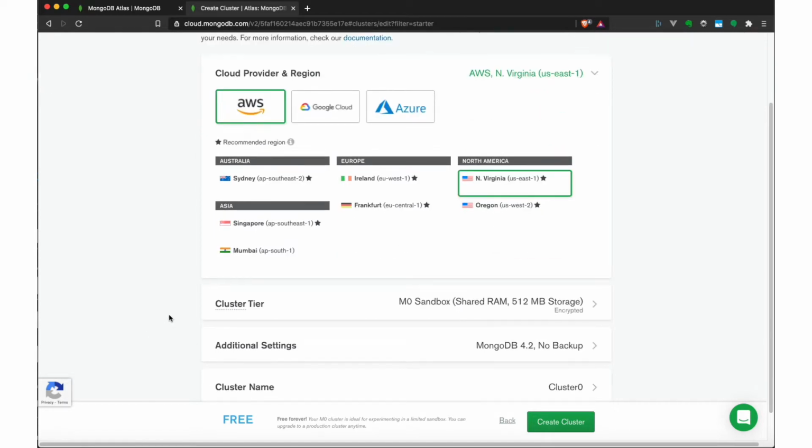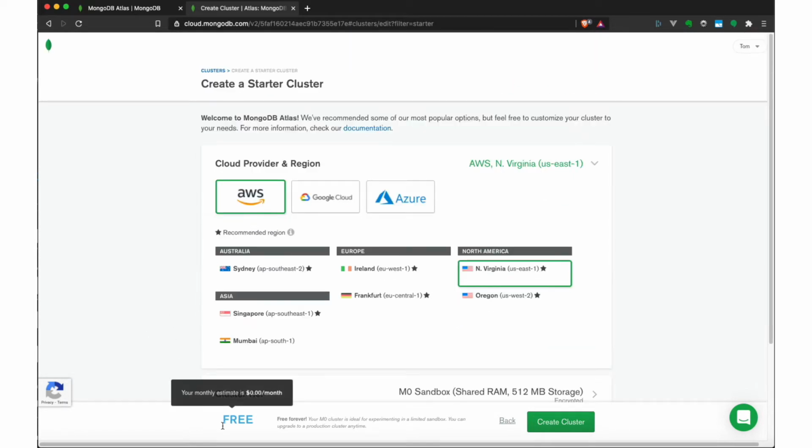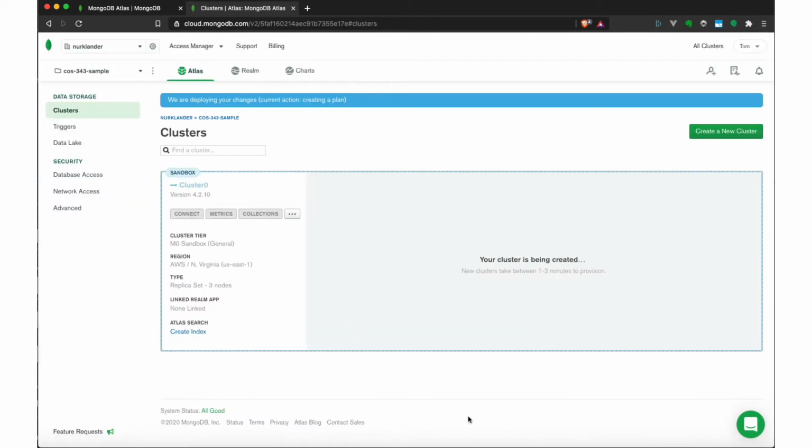I would just say, choose the default, particularly because you can see here again that you're going to get a free cluster here. Your monthly estimate is 0 per month. So you can just click Create Cluster, and that's going to generate the appropriate configuration on the hosting provider that you've chosen and so forth. And that's going to take a little bit. It says here new clusters take between 1 and 3 minutes to provision. So you might want to pause the video until that's working and then restart it,